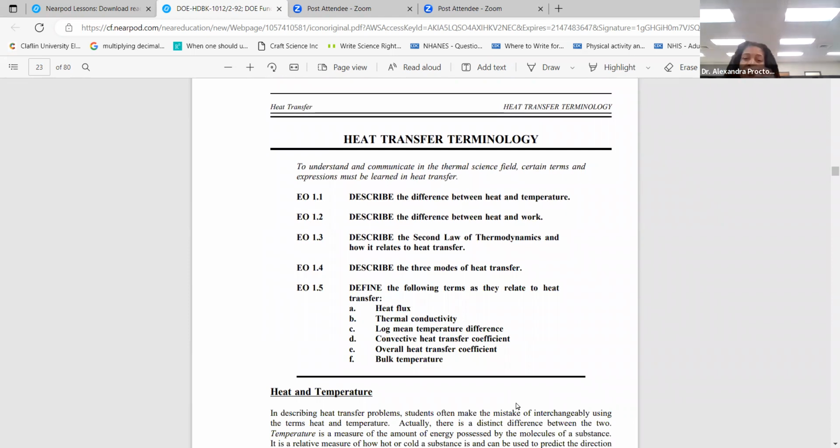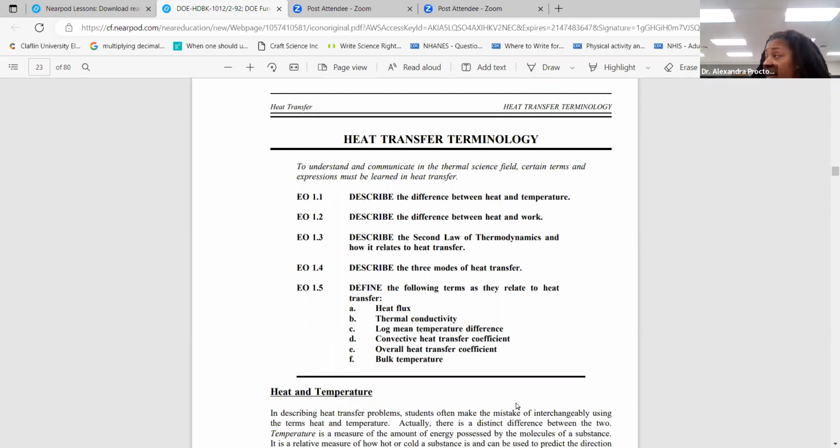And so in this first chapter, we're going to talk about heat transfer terminology. In order to understand and communicate in the thermal science field, certain terms and expressions must be learned in heat transfer. So the enabling objectives for this chapter are to describe the difference between heat and temperature, describe the difference